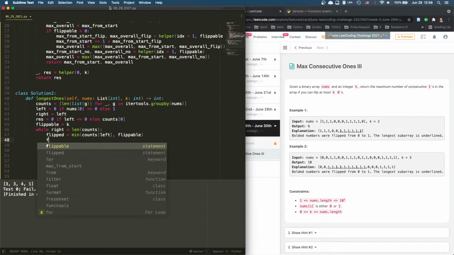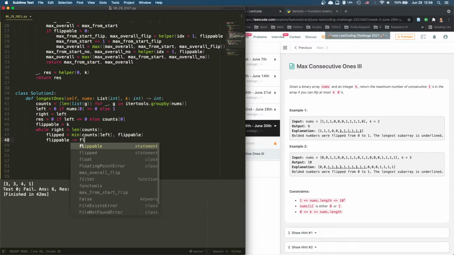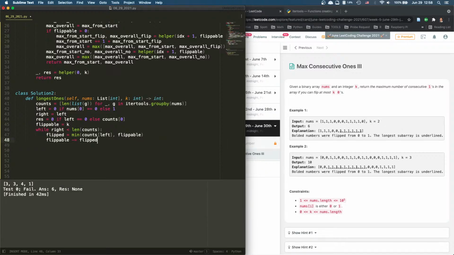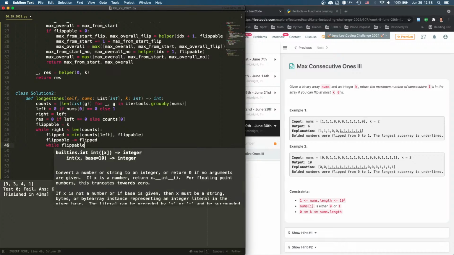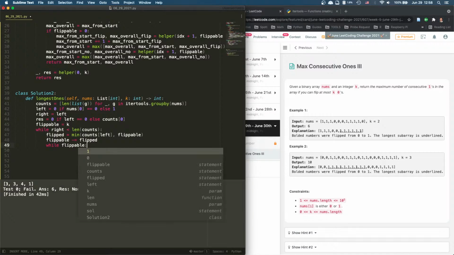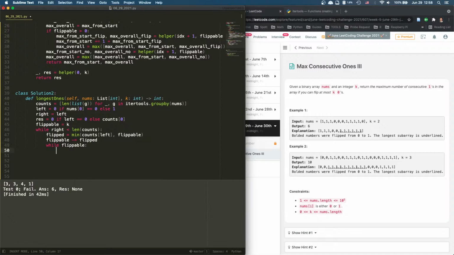And I say flippable minus equal to flipped, right? And I say while flippable is still more flippable, we can say flipped equal to,